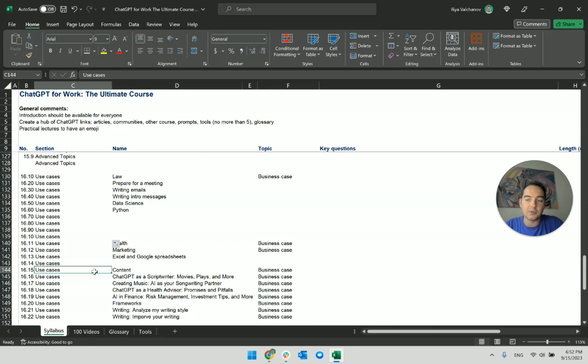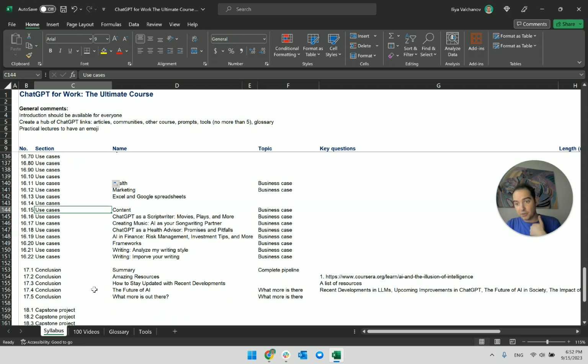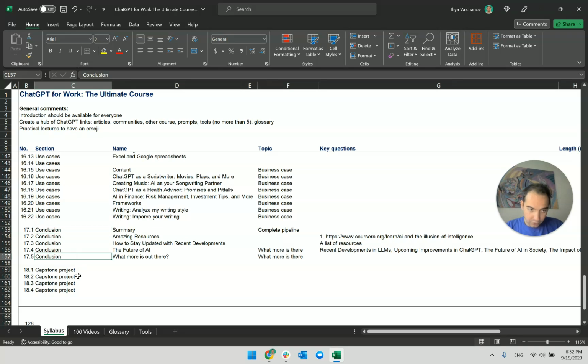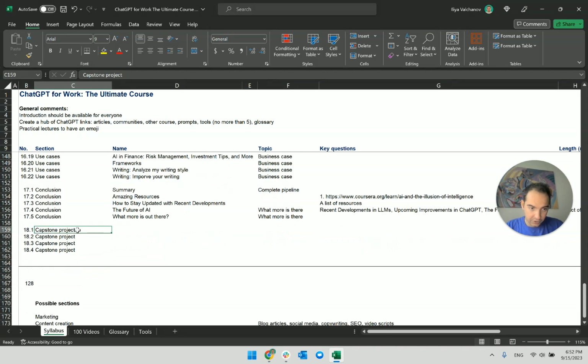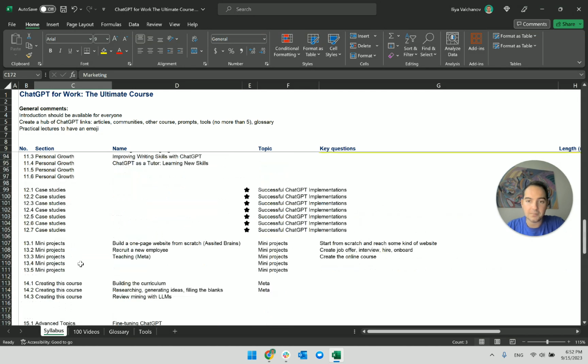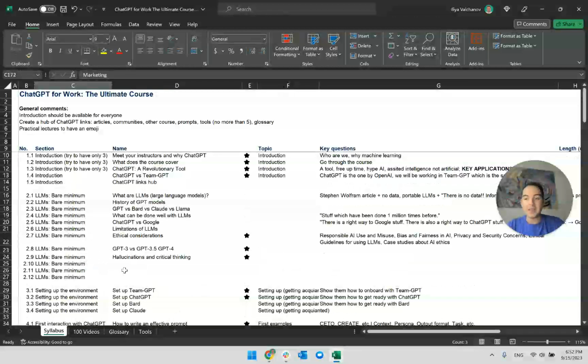I have found a bunch of new use cases I want to talk about. Stuff that I've used before, but I was just generating the ideas right now. And the conclusion, and there is this capstone project that is not quite planned, and then possible sections are on marketing, content creation, whatever. Bit by bit, maybe we should be going through all of them in the future. I don't know. But that's that.